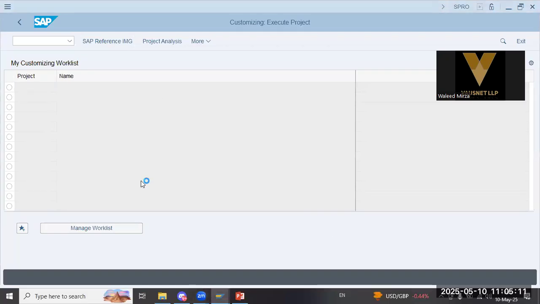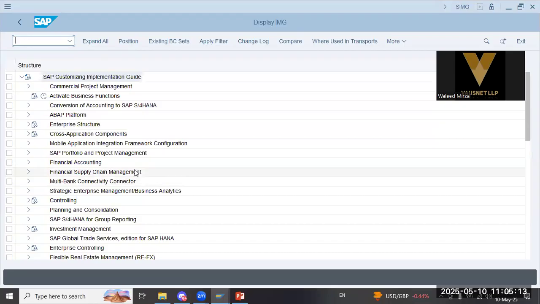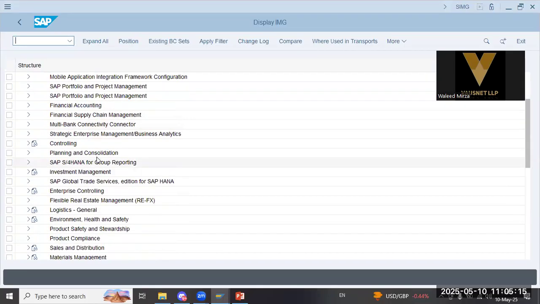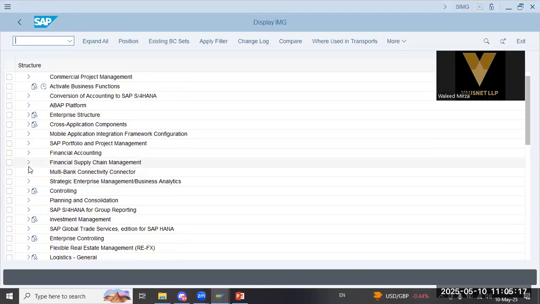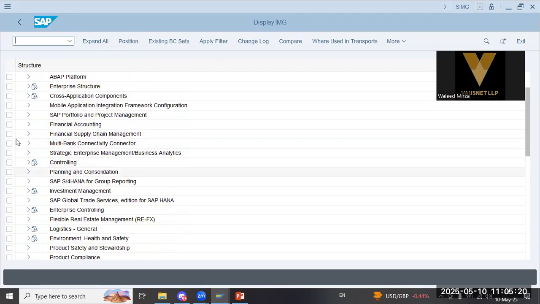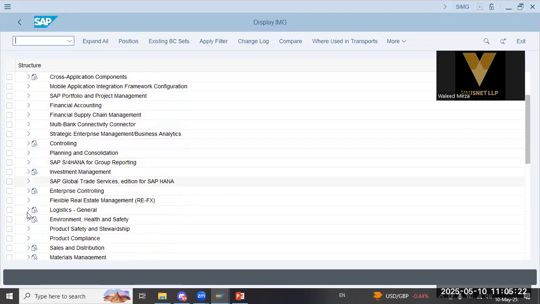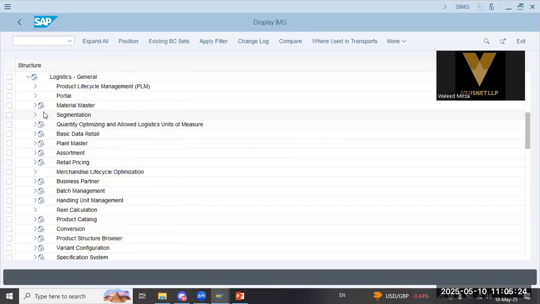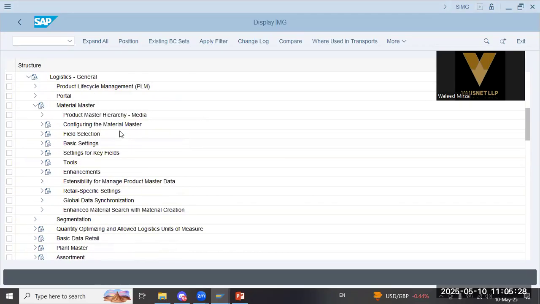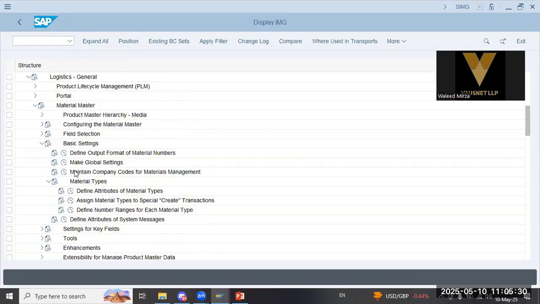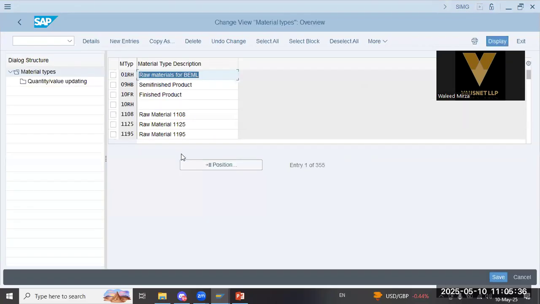Okay, today we are going to cover the second lecture of production and planning. But before that, we have to check some configuration in logistics, general material master basics settings, and material types, define attributes. Here we will define various kinds of material types because each material type has a different